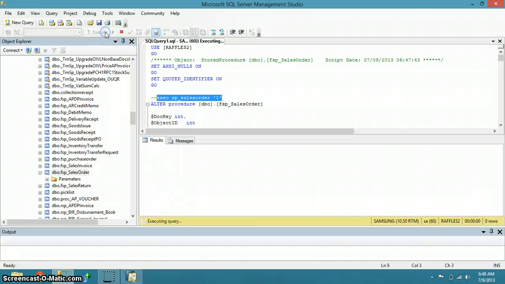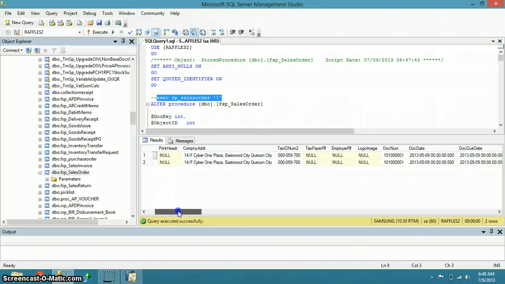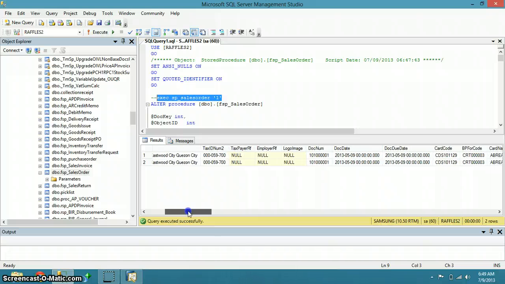This will produce all of the transactions with a doc key number 1, and this doc key number 1 represents all of these transactions.